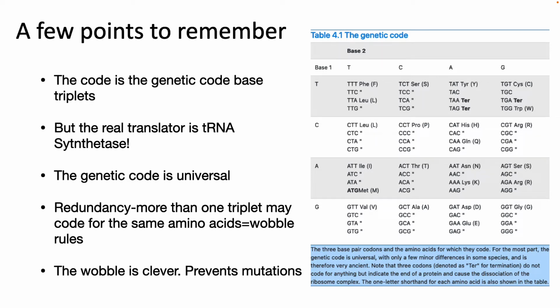The table shows the genetic code as triplets. This code was worked out very early in biology and is universal across all organisms with just a few exceptions. Because there are 64 possible codons, there is redundancy. And if you look carefully, you will notice that this redundancy has a design to it. If you change the 3rd base of the codon, it often encodes the same amino acid. These wobble rules are rooted in the chemical interaction of the tRNA with the mRNA. Thus, in many cases, changing the 3rd base of a codon does not change the amino acid, and this prevents